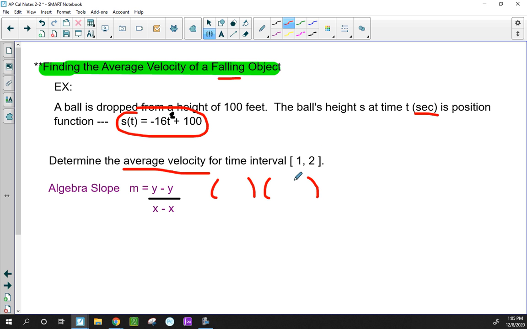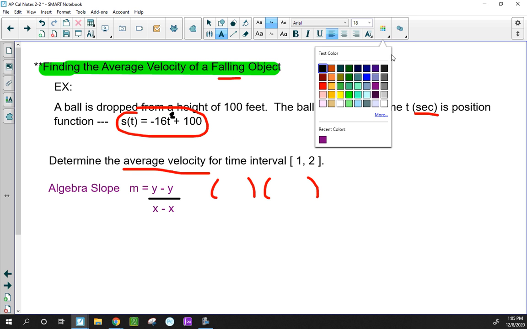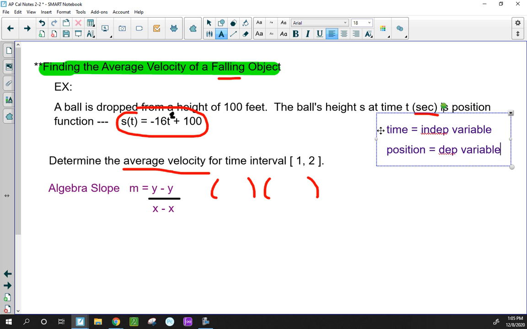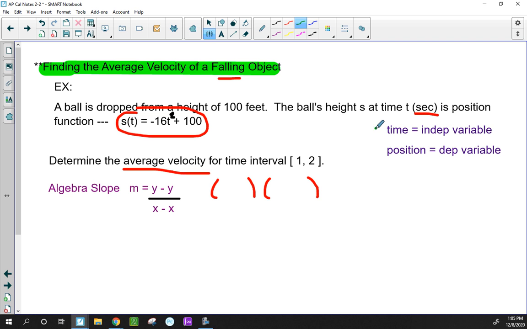And those ordered pairs are going to be, and that's why I have to understand this notation, let me write this down, and I need you to write it in your notes as well, that the time in this problem, t, is the independent variable, and the position is the dependent variable because it depends on how many seconds have elapsed from me dropping the ball off the building, we'll say. So if this is my x and this is my y, and I'm trying to come up with ordered pairs,